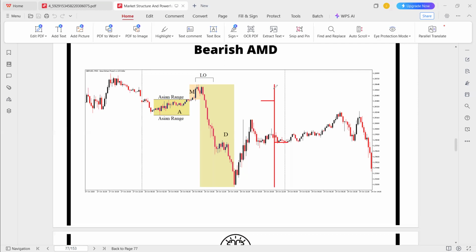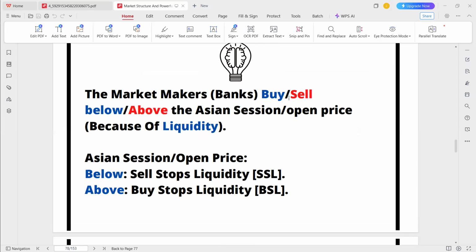So this candlestick would be looking like this. And this is a bearish candle since our open price is on the top and our closing price is on the bottom. So this whole price action you see here, that's the wick which you see on your daily chart. The market makers or the banks, they buy or sell below and above the Asian session open price because of